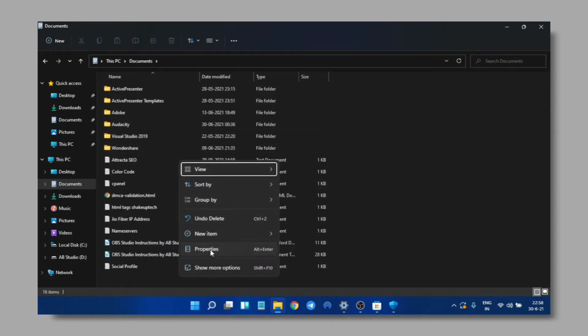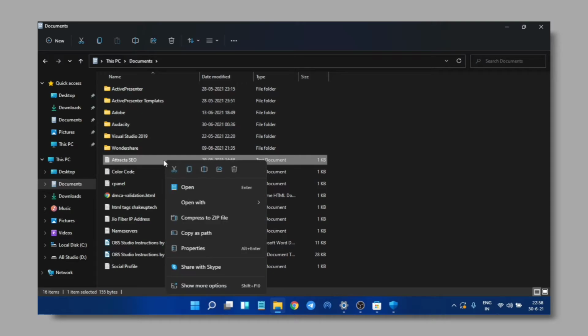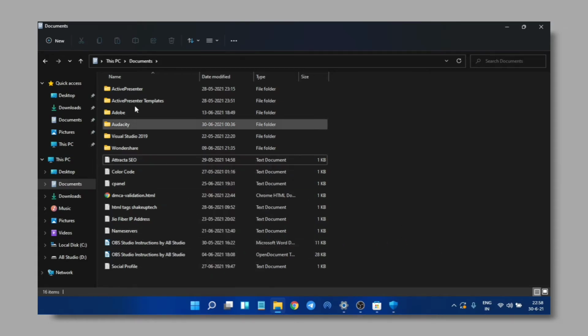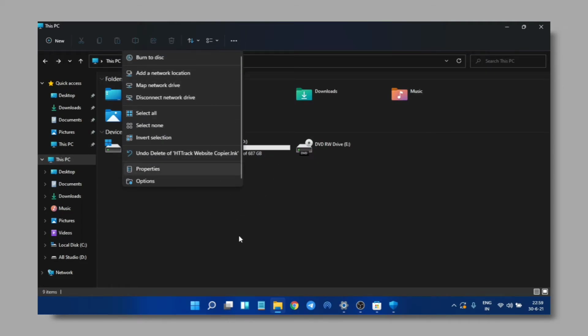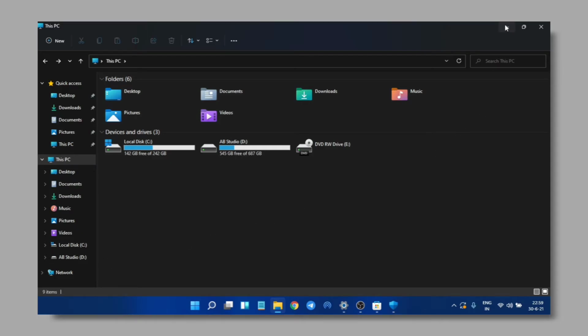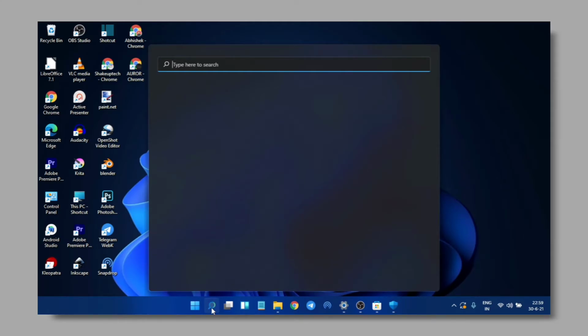You can see if I click on it, let me just go ahead and click, select this, and you can see here these options appear. This is the cut and copy and rename, share. So it won't show you the options here. It has now become an icon. I think that is really cool to make it easier for people to remember. You have these options. Okay, this is the file explorer, this is the search option.